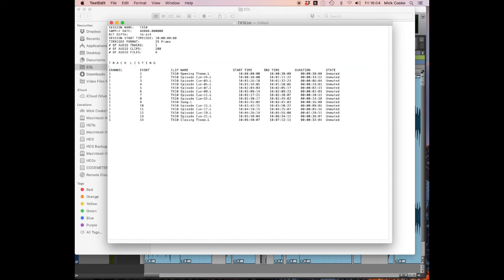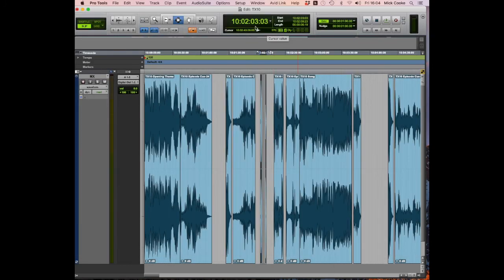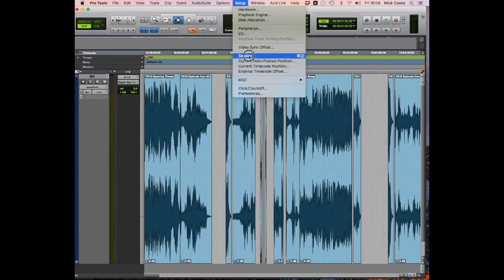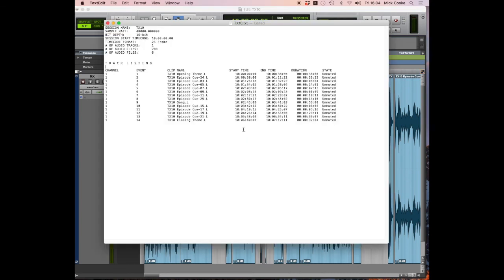And I like to tidy this up a little bit before sending to a production manager. So session name, TX10, sample rate, we can leave all this stuff. 25 frames. This is also important, that you've got the right timecode format here. You can go into your session, in fact, I'll just show you that, in Setup Session in Pro Tools. Here you've got your timecode rate. So you can set that to whatever. 25 is fairly standard, but just check with your production manager what the timecode rate actually is. So going back into here,